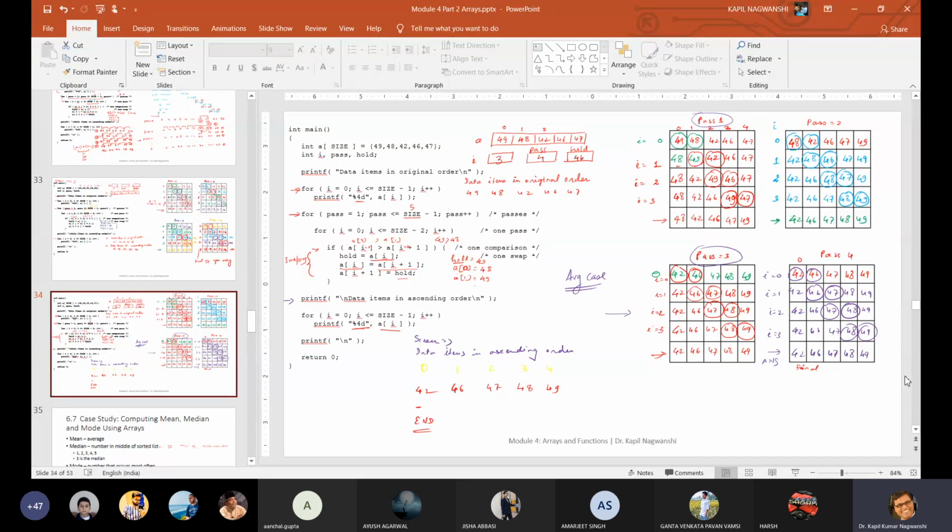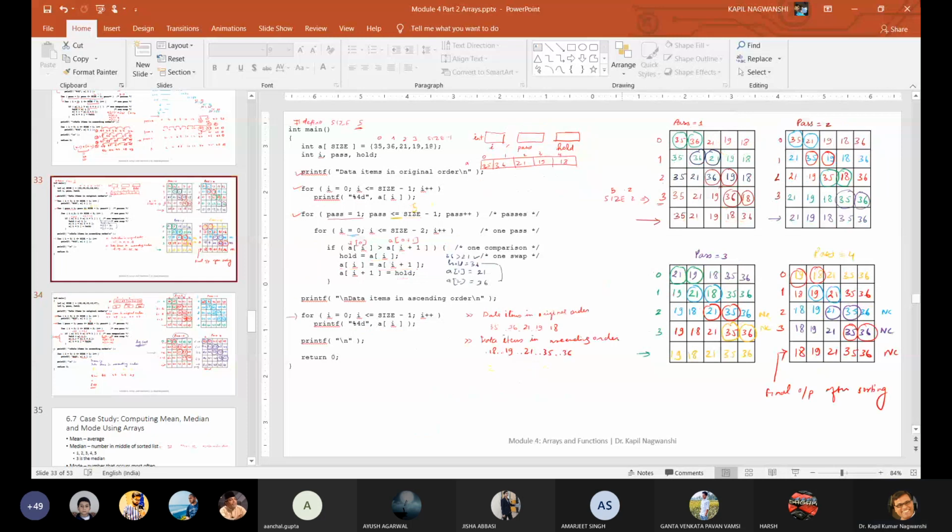So there may be no guarantee that how many passes it require. Okay, within 3 pass also it may be complete itself, or it requires some passes. Okay, so let us see 42, 46, 47, 48. So this is sorted in 3 pass. But in this particular case, you can see that in the pass 4 also it requires to sort.